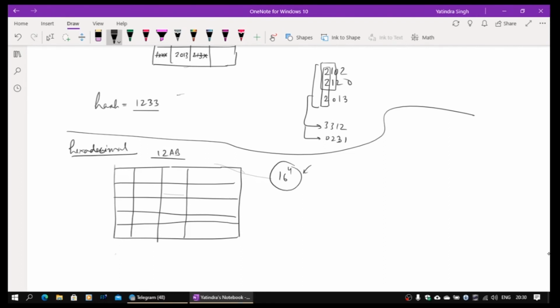First, I will only look at the first digit. I can put all 16 partitions in a circular fashion, and I will keep only the immediate successor. There will be 16 to the power 4 possibilities which can exist, and some of those node IDs will be allocated to nodes.